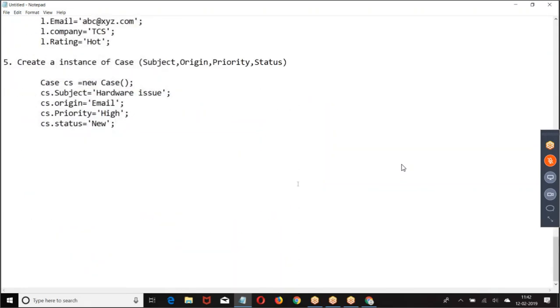Now let us take the concept of an array. How do you take an array?